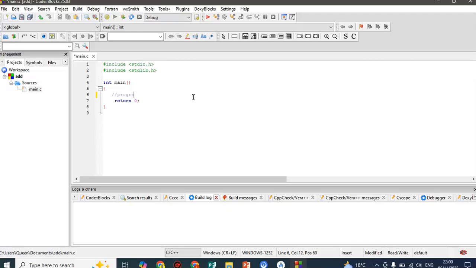program to add two numbers. So first of all, we have to ask the computer to prepare memory, and that is what we call a variable. So we're gonna say int